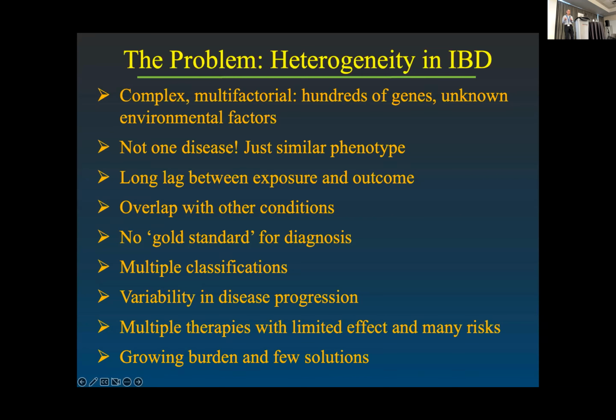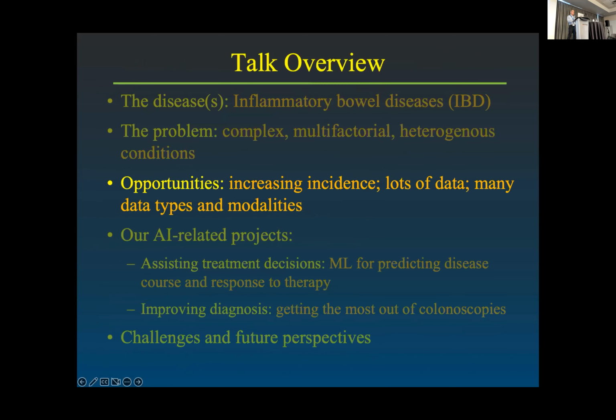There's huge variability in disease progress. If I could know at the beginning that one patient is going to do very well on one therapy, whereas others are going to escalate and require surgery again and again, I might make decisions based on that. And certainly that's not unique just to IBD, but it's very dramatic there. And the therapies I discussed, and obviously the growing burden of disease as this becomes a much more prevalent thing, really raises huge challenges for us all.